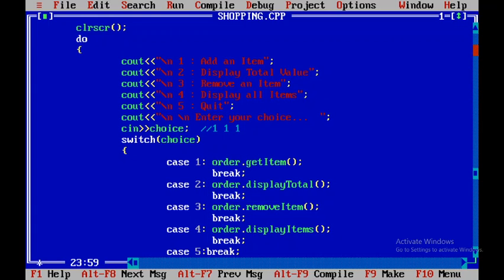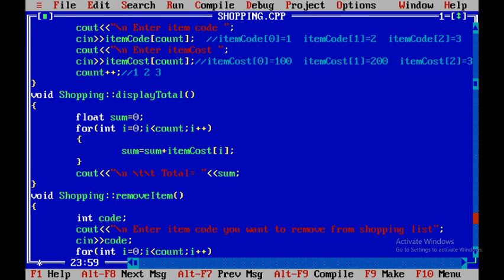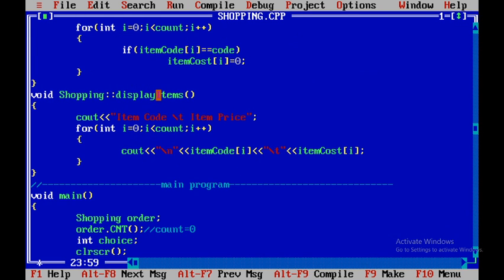Remember our count is 3. So in the display atom method, the count value is 3. For i equals 0 to i less than 3, we will execute this for loop. It will display the value of atom code of 0, atom cost of 0. For the next execution, atom code of 1, atom cost of 1.